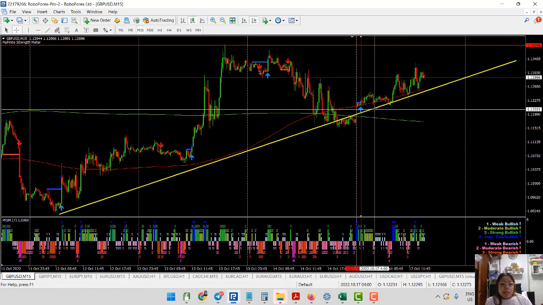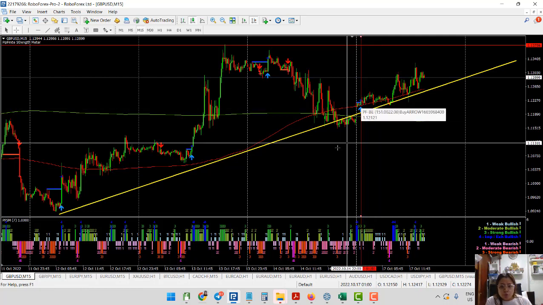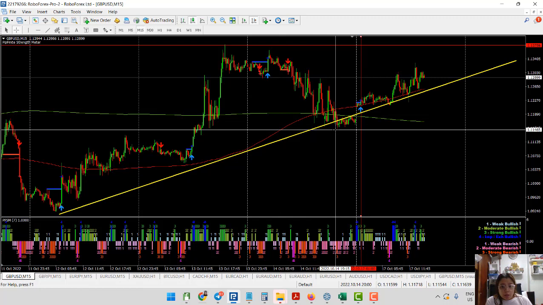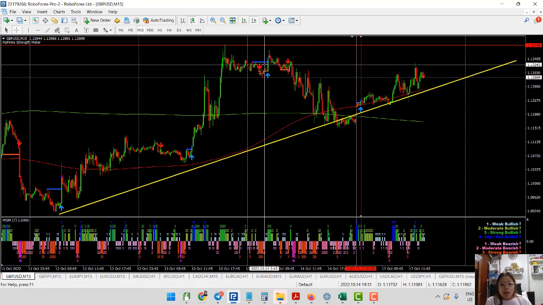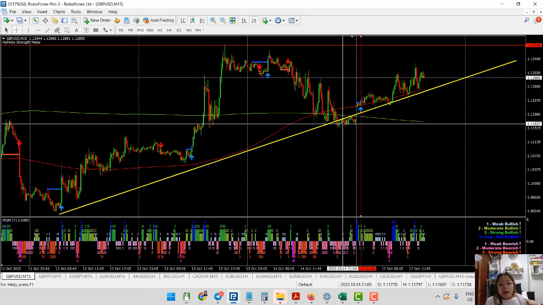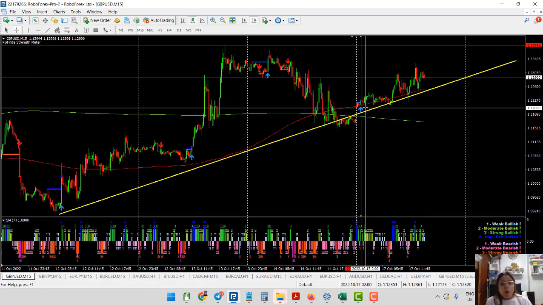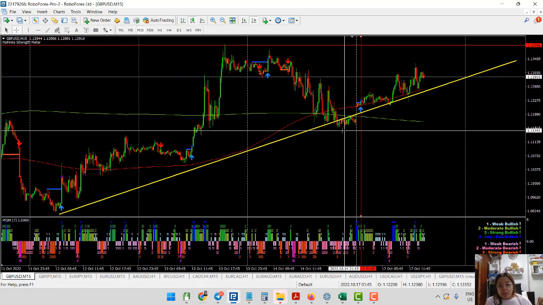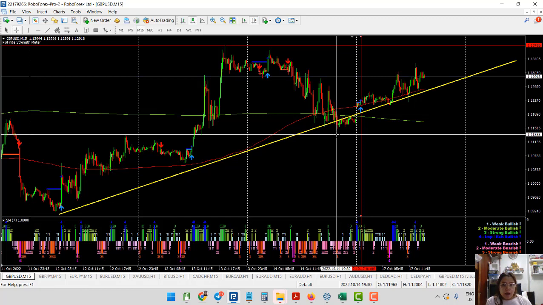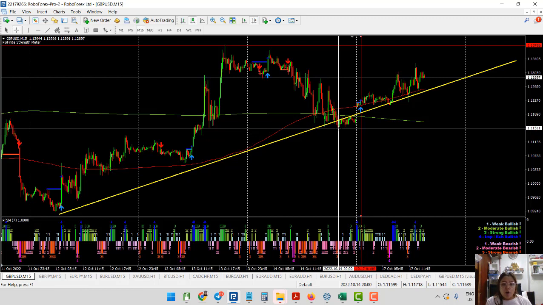So where am I going to place my stop loss? My stop loss, of course, would be here at the touch of the trend line right here, and this is below the swing right here. So I expect that my uptrend will be invalidated once the market has reached this level. So that's how you will be able to decide when you're going to take yourself out of the market, and then accept that the market might be trending back to its original form where it is in a downtrend